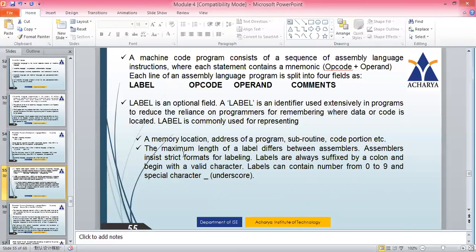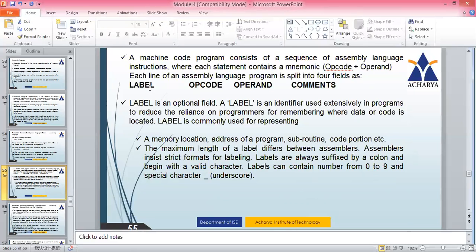Now, the maximum length of a label differs between assemblers. Assemblers insist on strict formats for labeling. The length of the label could be 8-bit, 16-bit, 32-bit, so it mainly depends upon the assembler. Labels are always affixed by a colon, beginning with a valid character.